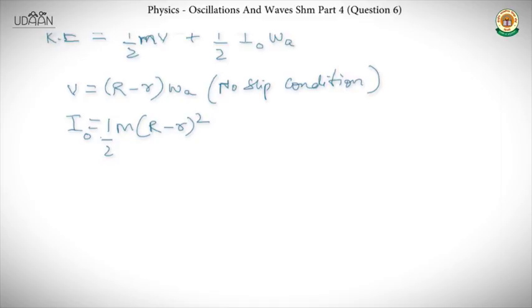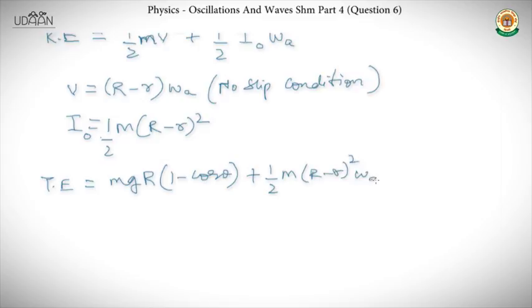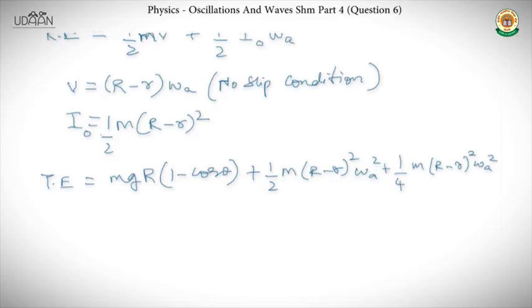Let's move on. So let's write the total energy term by substituting the above things into the kinetic energy. Total energy is potential energy plus kinetic energy, and the potential is mgr into 1 minus cos theta, plus the kinetic energy after substitution looks something like this: half into m into (R minus r) whole square into omega a square plus 1 by 4 m into (R minus r) whole square into omega square. So when you differentiate this with respect to time,